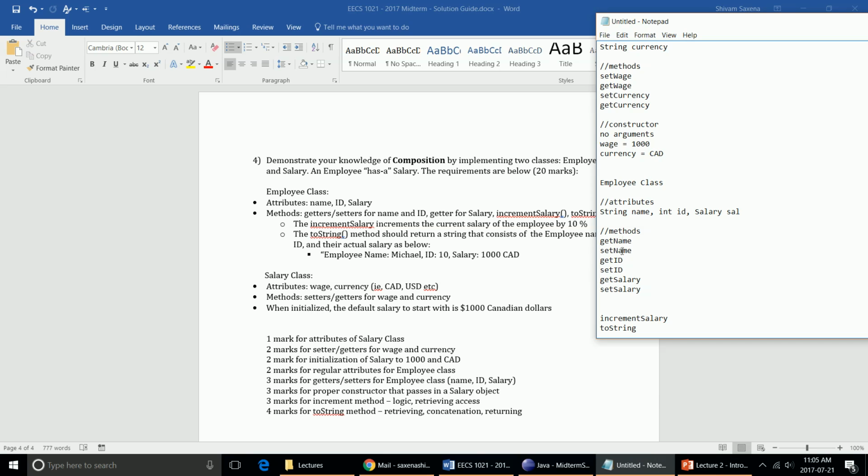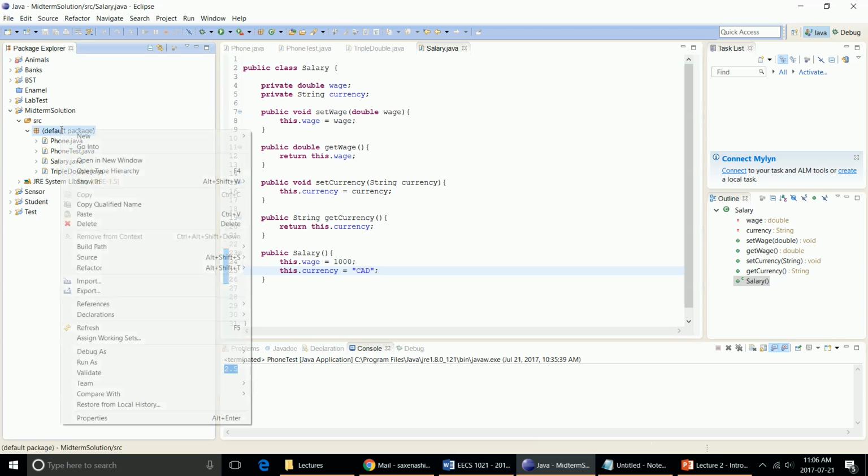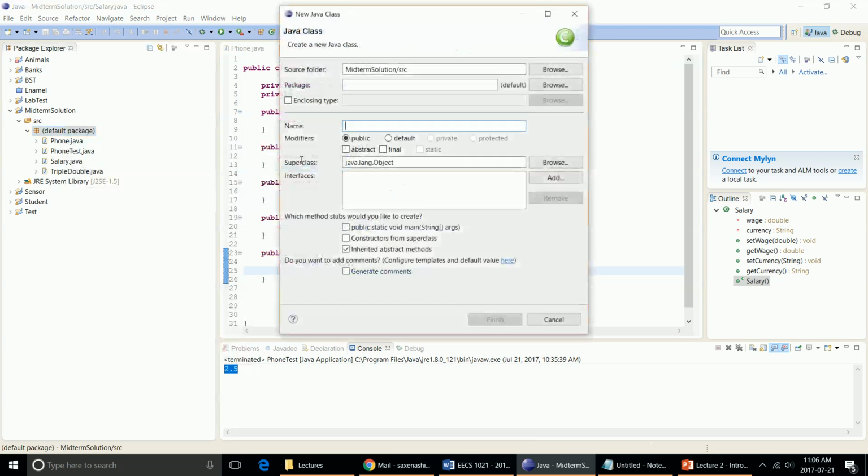So get name, get ID, set name, and set ID are very straightforward. So I'm going to do all that as quick as I can, because it's pretty routine by now. You guys should know exactly how to set and get